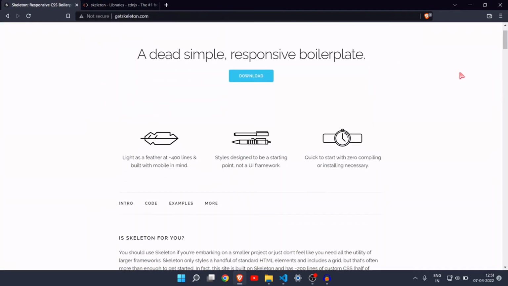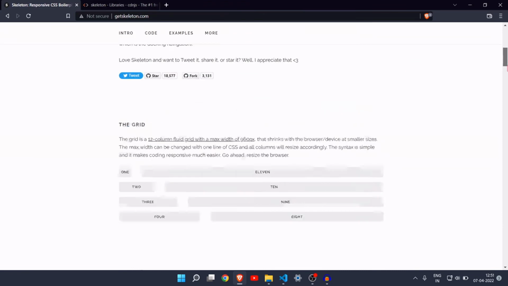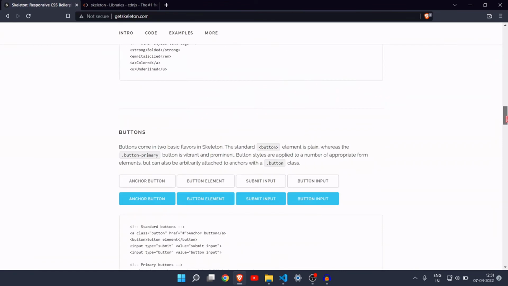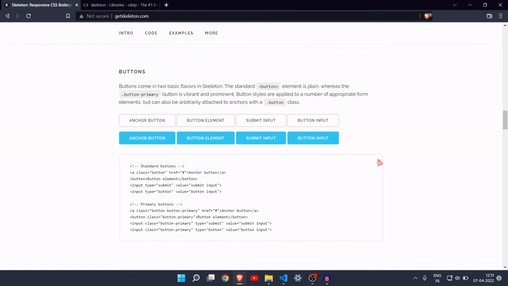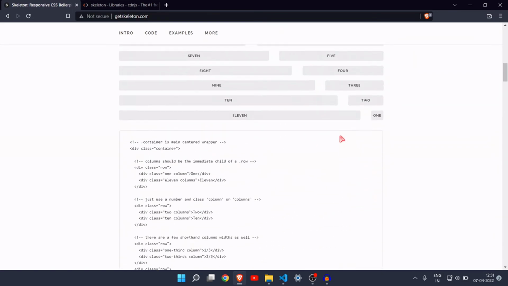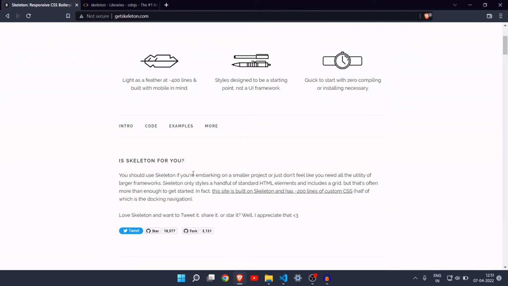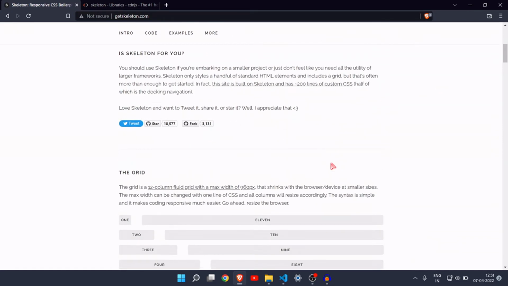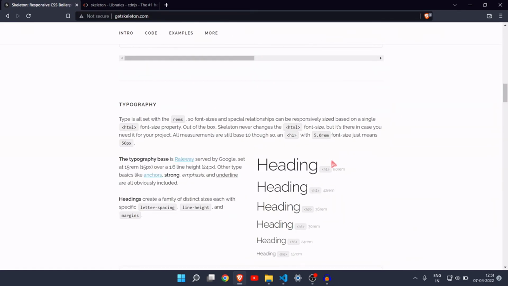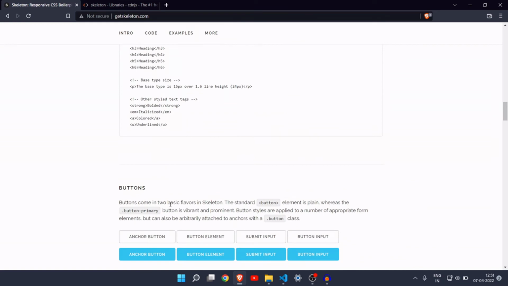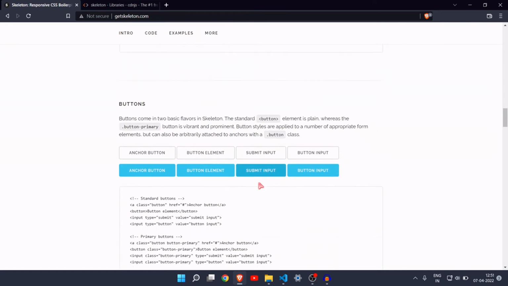Okay, it just has some 4 to 5 components, not too much. It doesn't have any navbar or footer also. As you can see here, it is also written that if you are embarking on smaller projects, it is just for a smaller project only. So let's see,